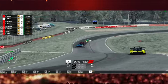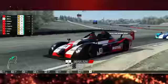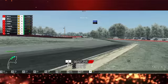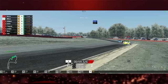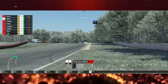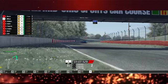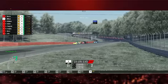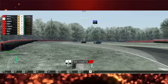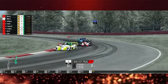of the middle sector of the circuit. McEwen again right on the back of Wilson, and McEwen bumping the rumble strip on the inside of a corner there, making his car very unsettled and losing a tenth there from Wilson. Wilson again trying to psych out Munro, trying to get Munro into a mistake so Wilson can climb right back into the position that